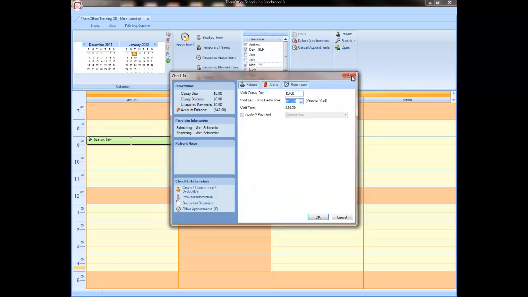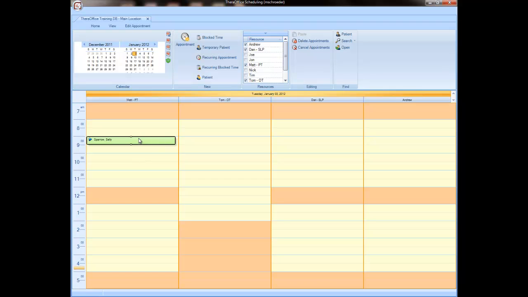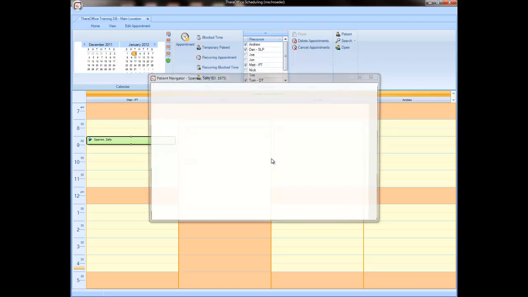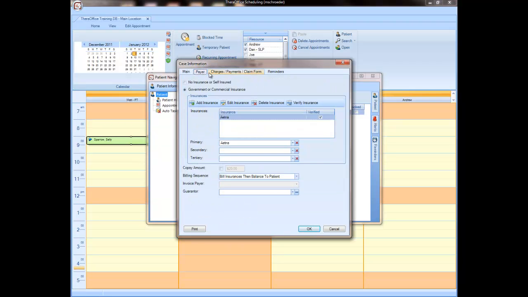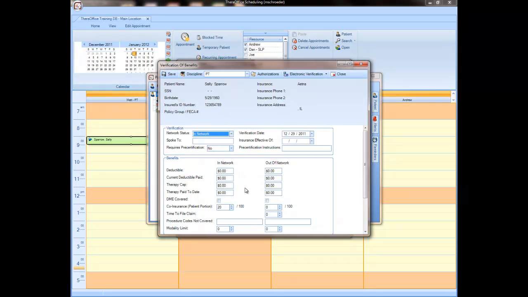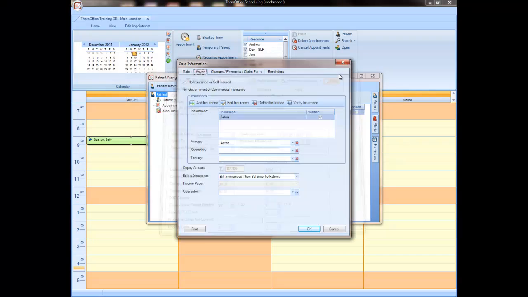Now let's say that Sally has a deductible that she hasn't met yet. What we can do then is go into her patient navigator and go into that case, and in the payer tab we can go and verify her insurance. And this is where we can set up all the information, including the coinsurance. You see there's also a field here for the deductible. I'm going to set her up with a $100 deductible. Obviously your deductibles are usually going to be more than that, but I'm just going to set it up for $100 as an example. So we'll set that up for $100, we'll save it, we'll close out of here,